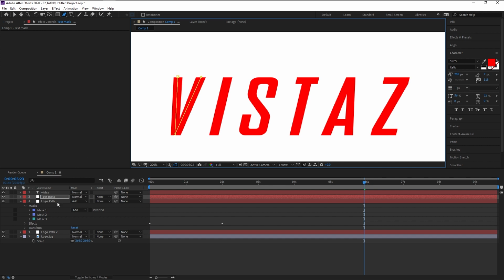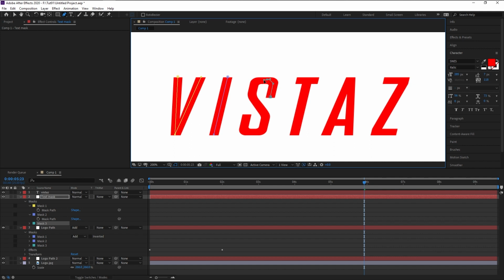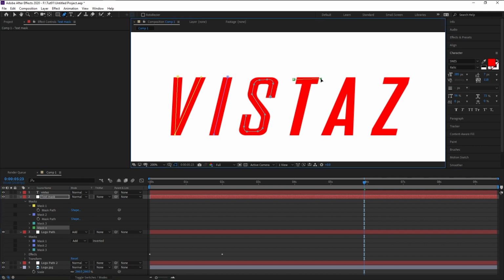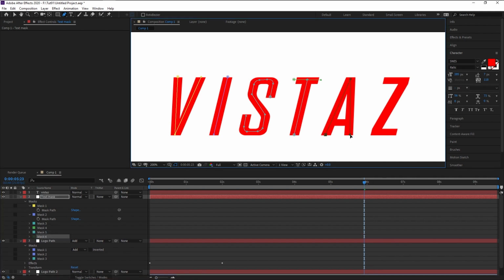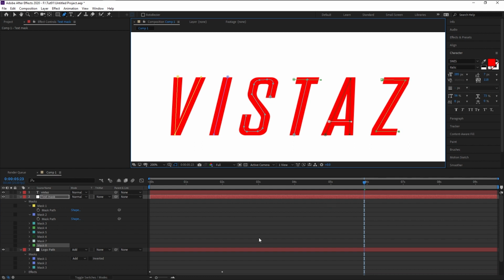Once you're done over here, select the text mask and now move on to the next text. This will create a new mask automatically. As you can see, for both text we have two different masks. Again select the text mask. Now go to the third text. Now again select the text layer and move on to the next text. There. And just like that, we now created a path for our text layer.